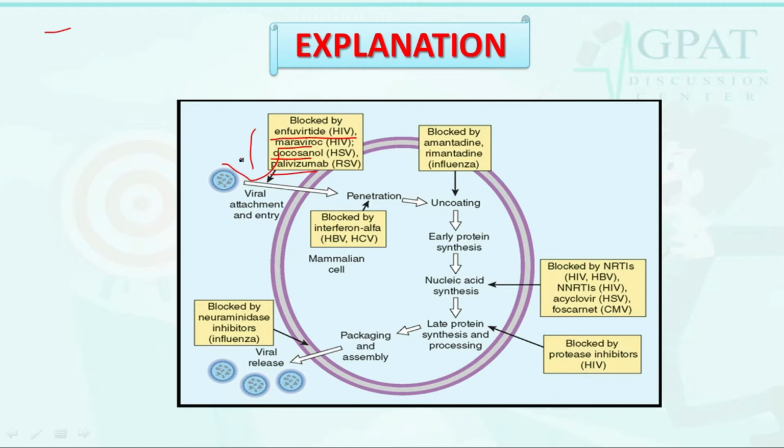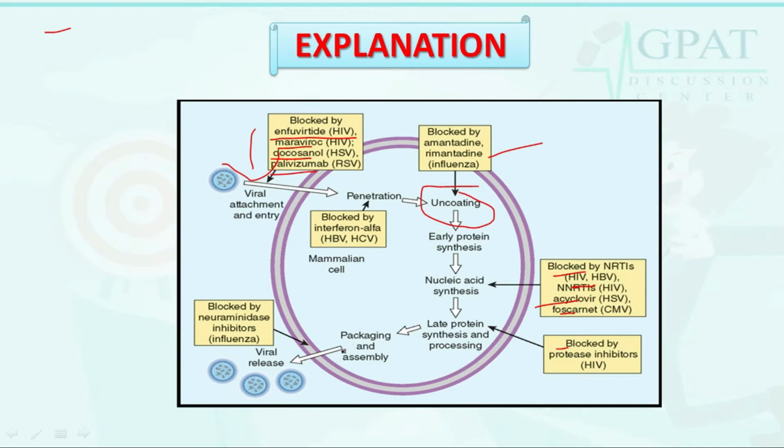And here the uncoating can be blocked by amantadine, rimantadine, and nucleic acid synthesis is blocked by NRTI, acyclovir and foscarnet sodium, and where protease inhibitor is this, and the neuraminidase